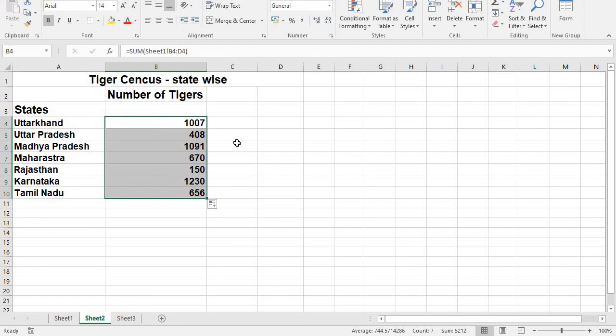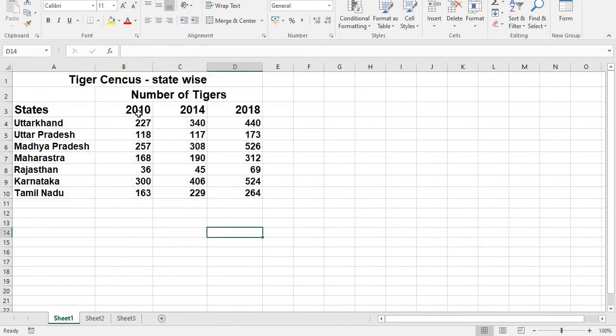Children, do you understand? So in this way you may apply linking in between sheets. You may open any number of sheets: 50 sheets, 100 sheets, 500 sheets, 1000 sheets. No need to worry about updating and modification. If you apply this link feature in between sheets, then if you modify, for example, now I am modifying this data, see here, it will modify immediately.